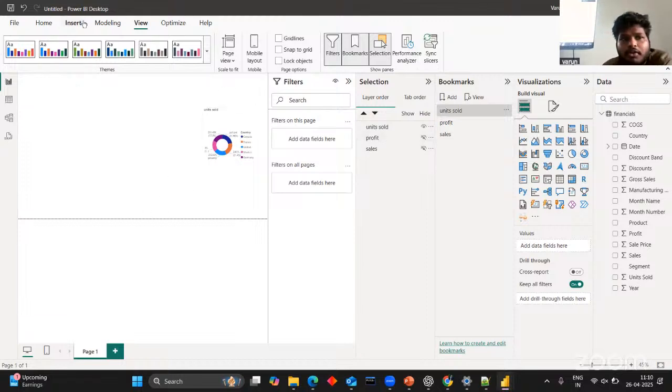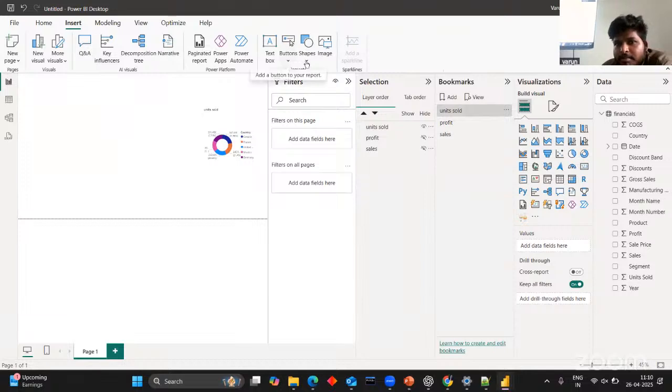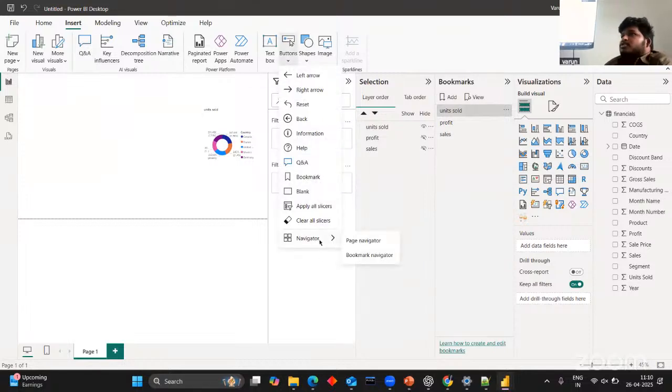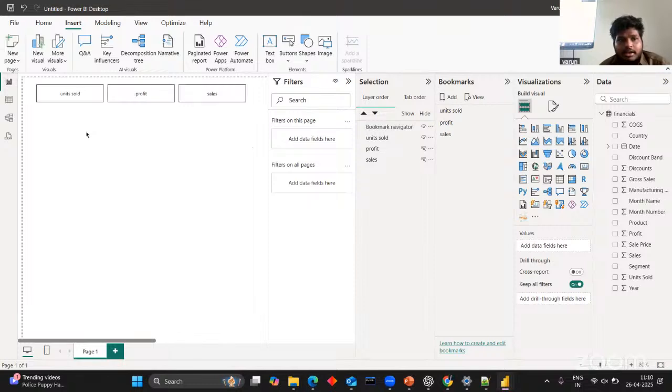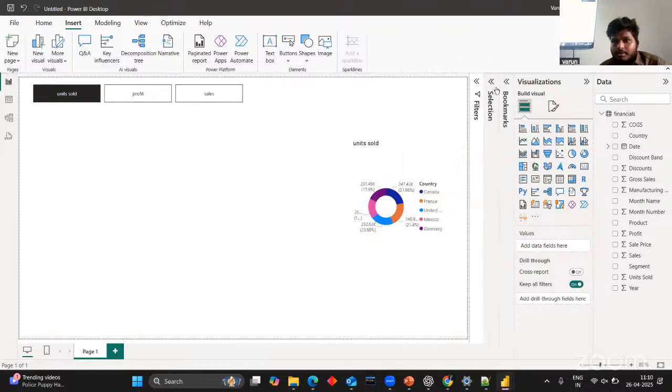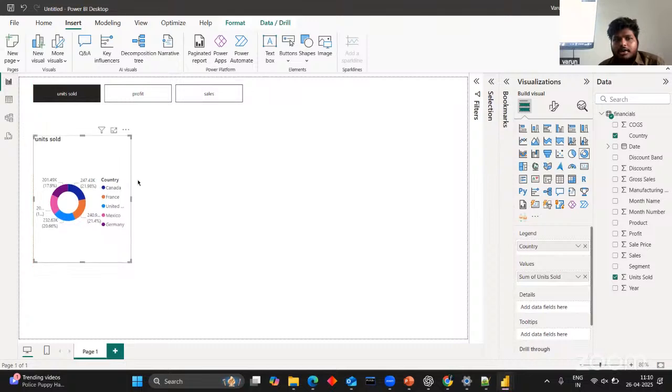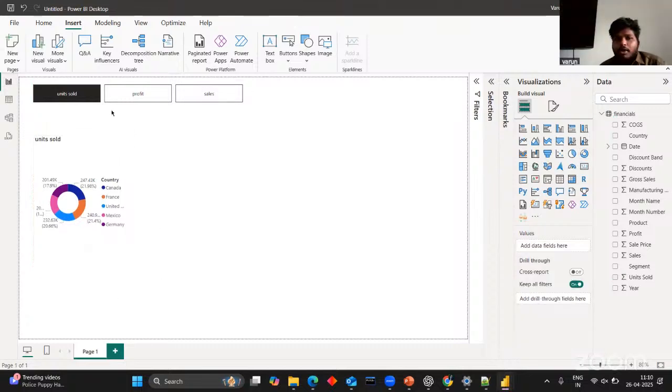Now, if you go to Insert, in the last option you have the button called Navigator. We click Navigator, and we have Page Navigator and Bookmark Navigator. I'll select the Bookmark Navigator, and it automatically shows all our bookmarks here. What bookmarks do I have? Unit sold, profit, sale. See, when I click the unit sold, it automatically shows the unit sold. When I click,